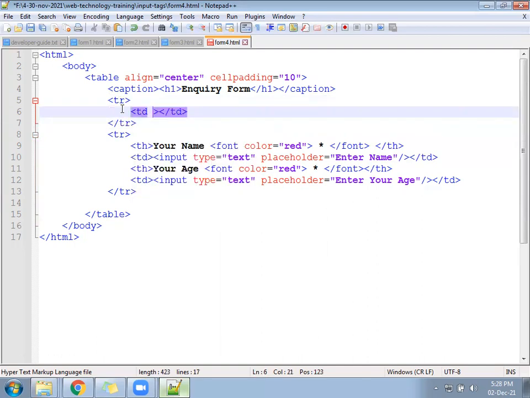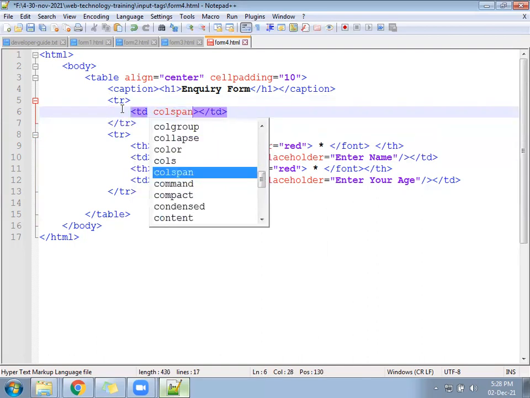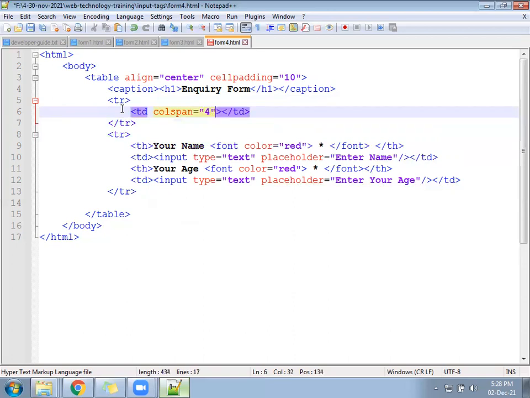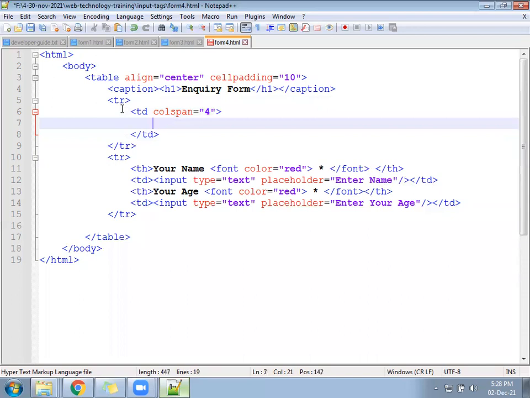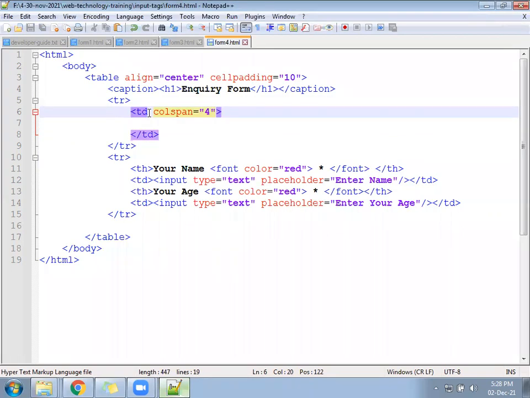And in TD you will write colspan equal to 4. So this TD should cover the space of how many columns? 4 columns. In the second row we have a maximum of 4 columns. So this TD should cover a total of 4 columns.